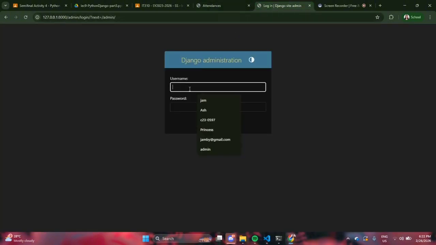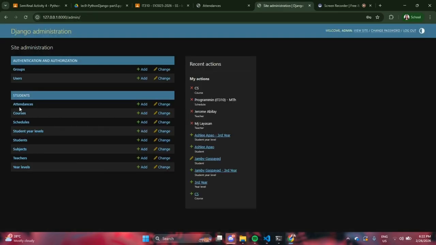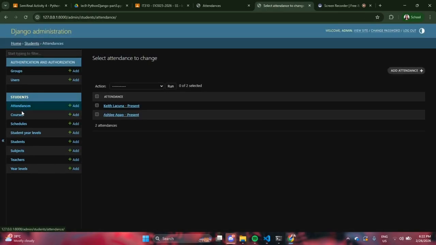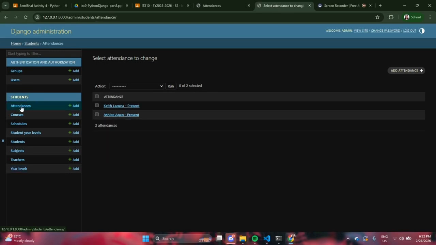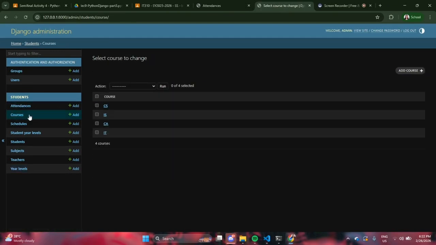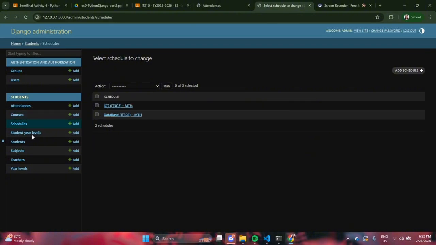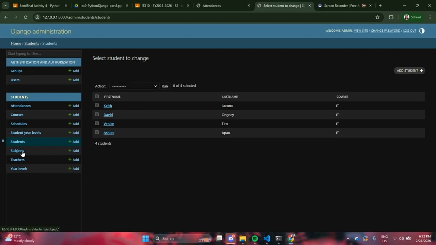Then in the admin, the models were added here. Attendance, Kit is present today, versus schedules, student year levels, students, subjects, teachers, year levels.